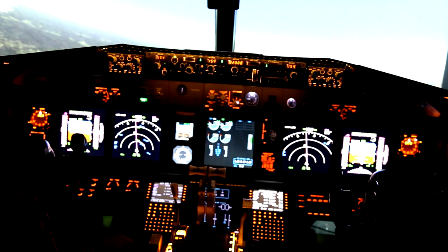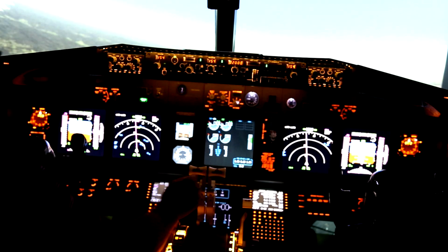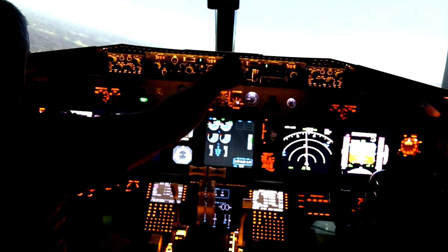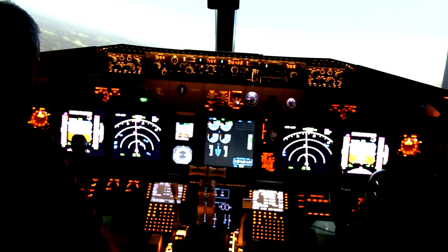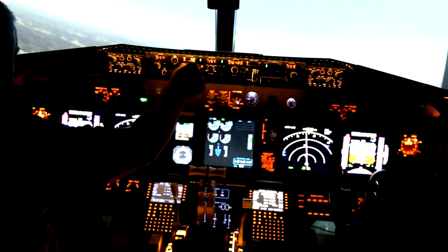Our next waypoint is C116, and it's 158 nautical miles away. We're supposed to be at 3,000 feet for that, so we can start dropping our altitude now. And to get that brake temperature down to 0, I'm going to slow us right down again. So I hit speed intervene and slow us down to about